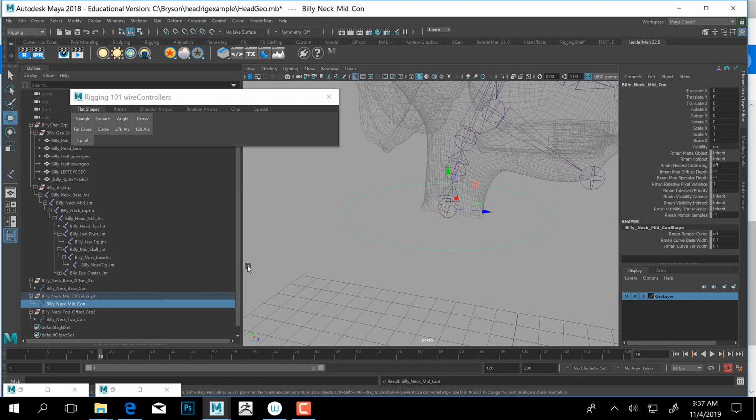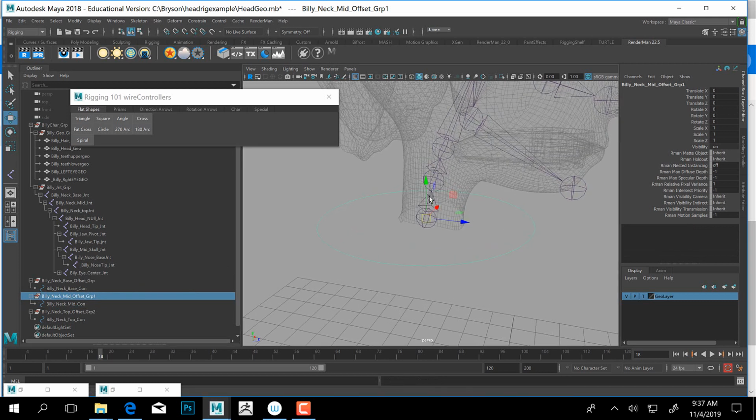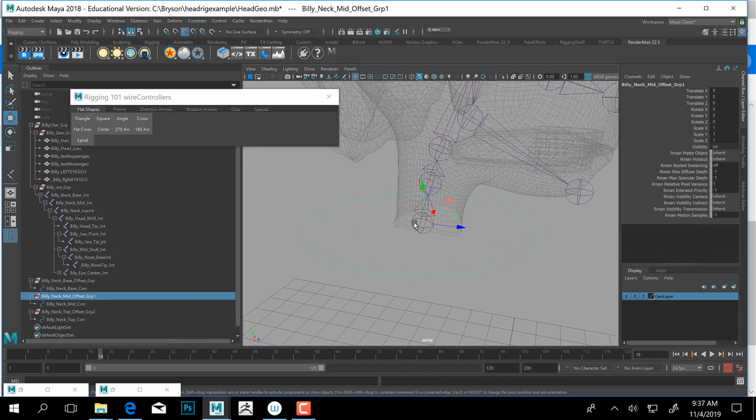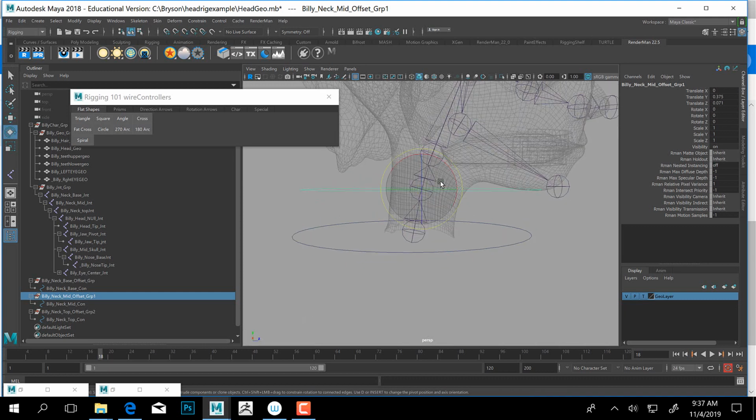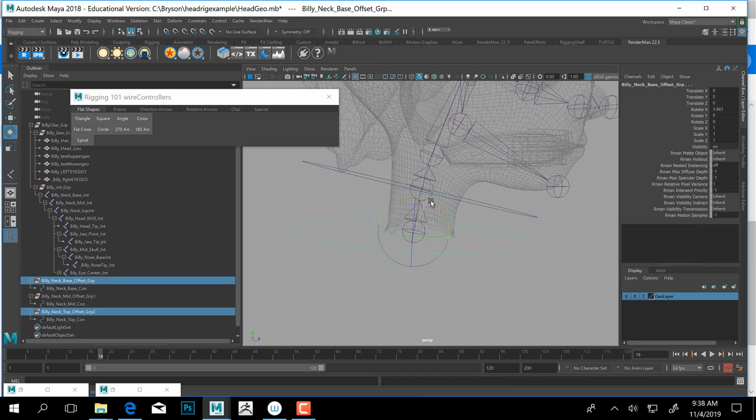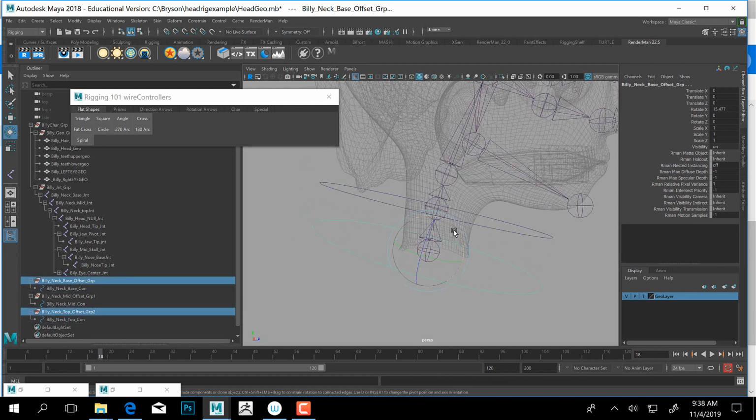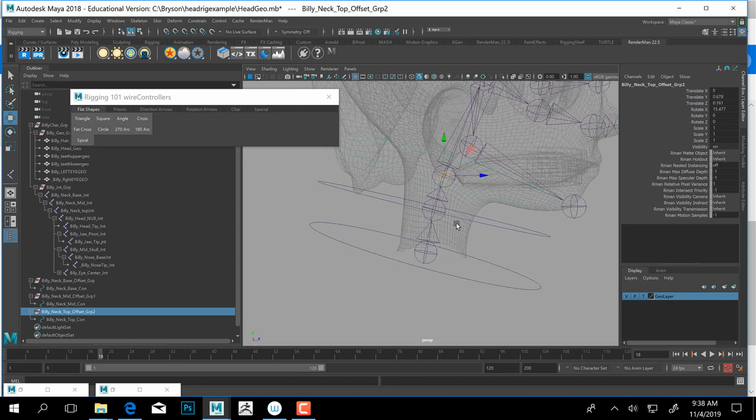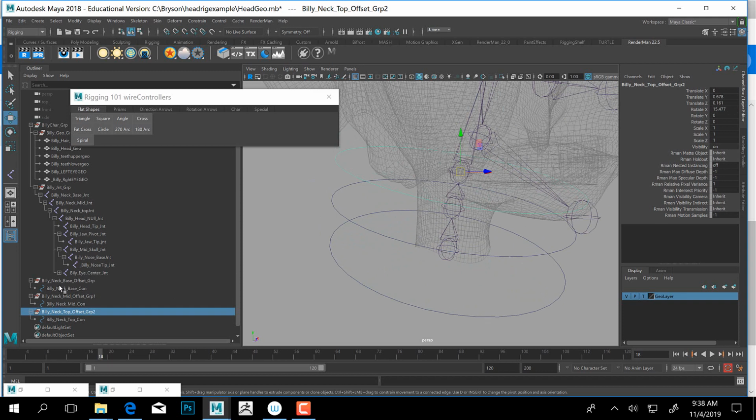I'm going to go ahead and take this mid offset group, move it up to here. Go and rotate it a little bit down. I'm just kind of matching the direction of the neck here. The top one, just going to move that up there as well. Okay? So base,